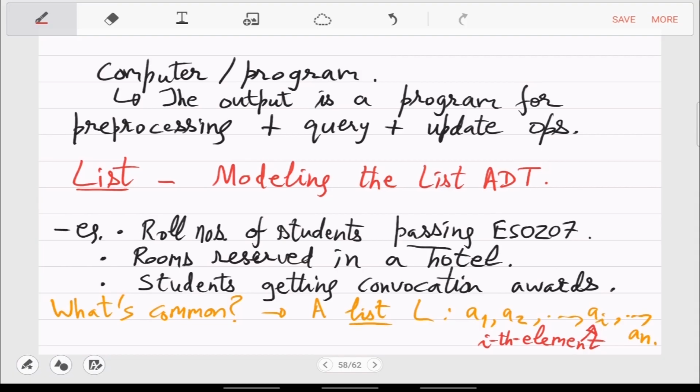So in a list, is the order important? Yeah, so as soon as I have written 1 to n, it's already ordered. Right? There is no question about that. It's not that the first element can be A1 or A2 or A3. The first element will be only A1. Right? So it's ordered. First will be A1, second will be A2. Now whether it has any meaning or not, that we are not claiming. So it may be meaningless. Saying that A1 is the first element and A2 is the second element may not mean that it's sorted. Roll numbers may not be sorted.